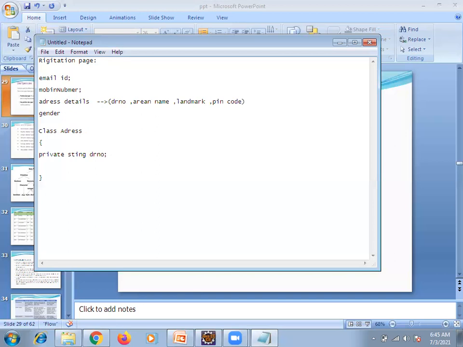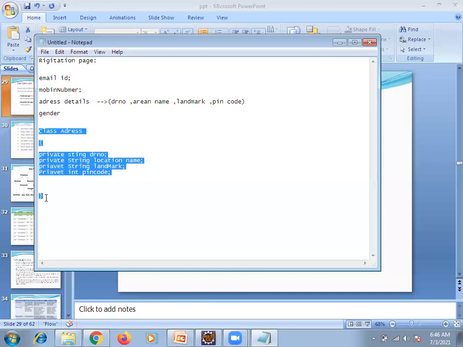Next, private string area name, done. Now private string landmark, done. Now private int pin code. Now clear, right? So this is the class done.